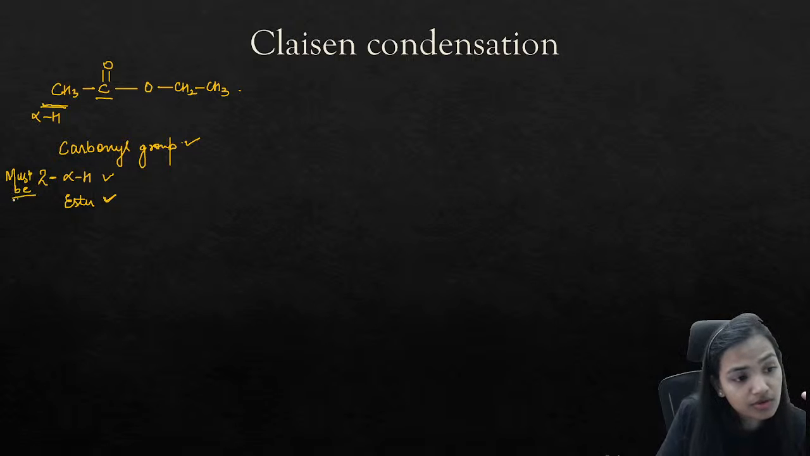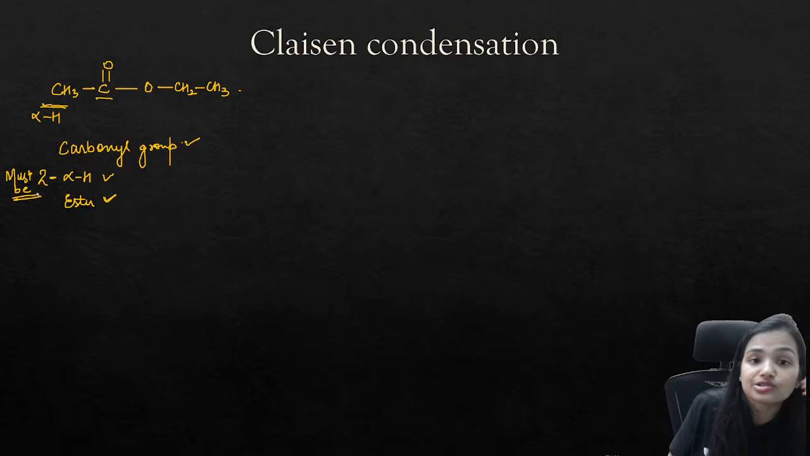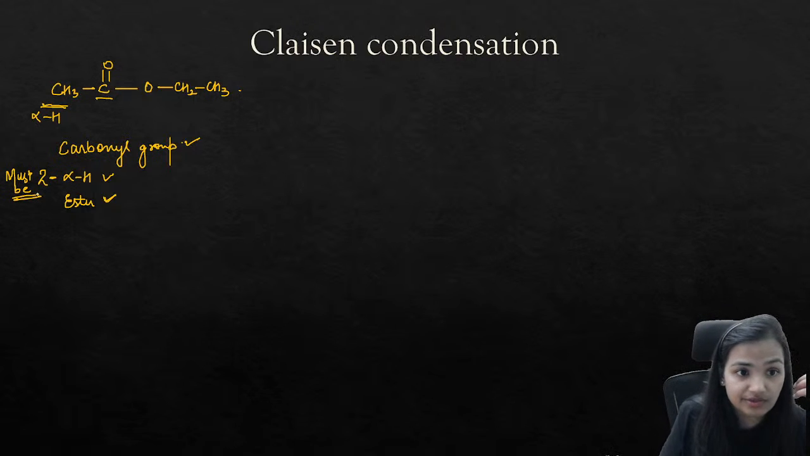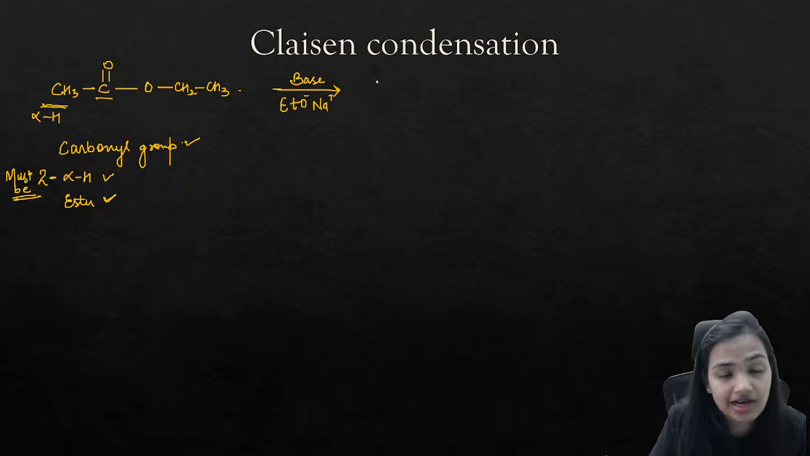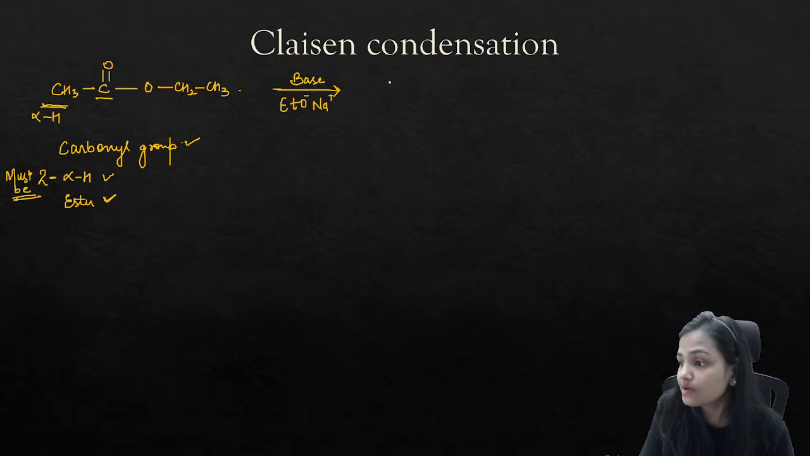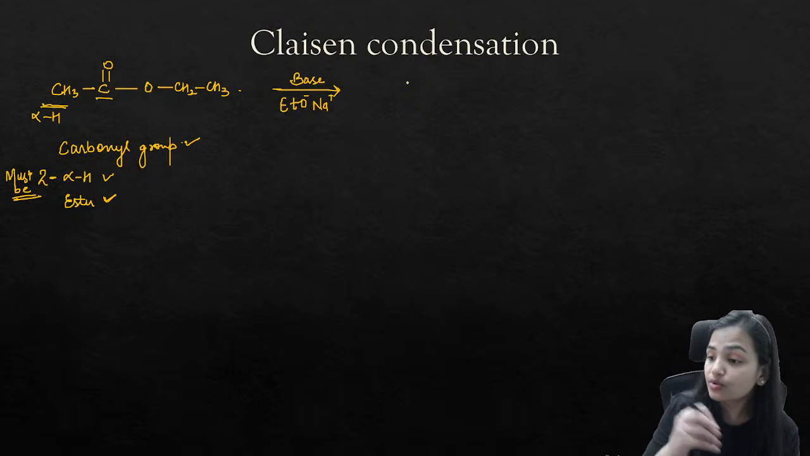There must be 2 alpha hydrogens. There must be a presence of 2 alpha hydrogens. These are the necessary conditions for this Claisen condensation reaction. So when you have this molecule and you treat it in the presence of a base, any kind of base, let's say you have taken EtONa, which is ultimately also a base, and in the presence of a base this will result in the formation of the sodium salt of